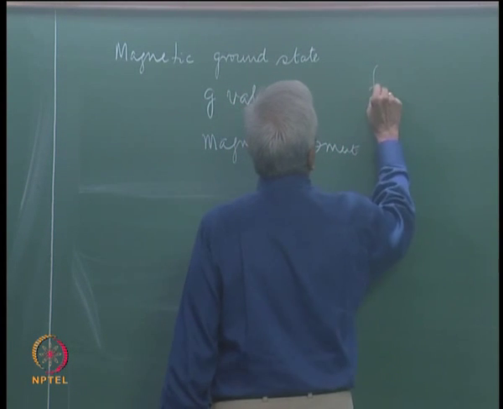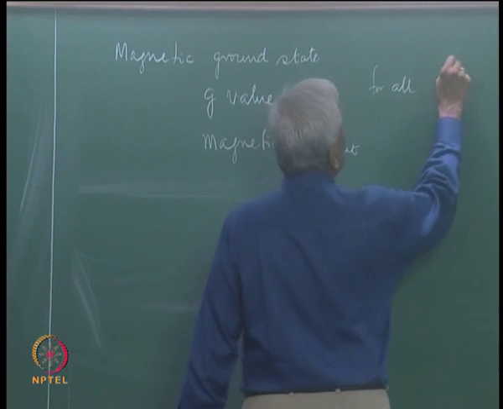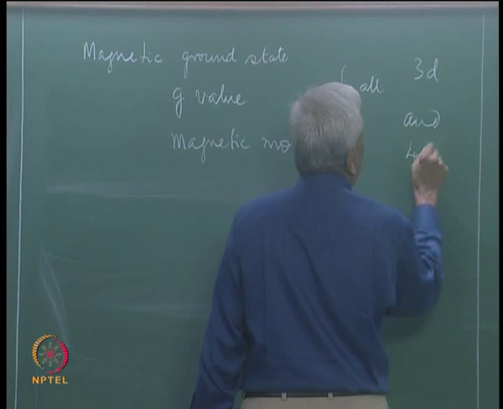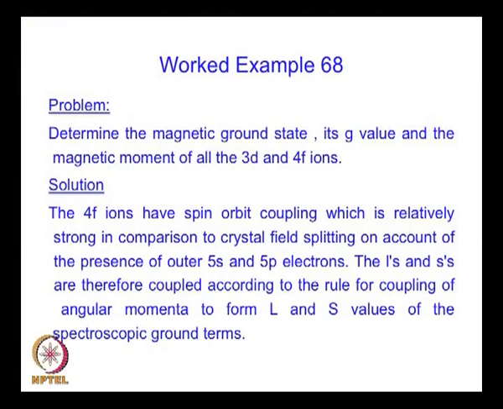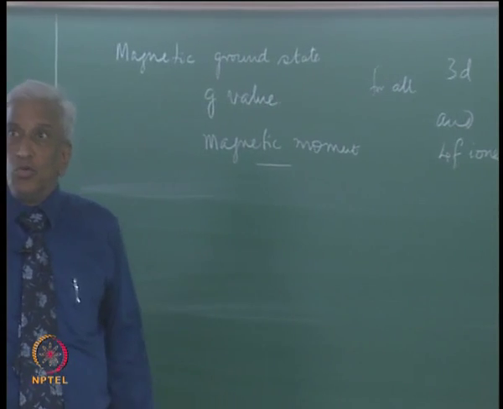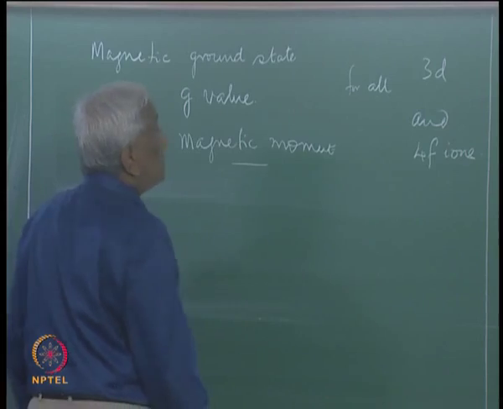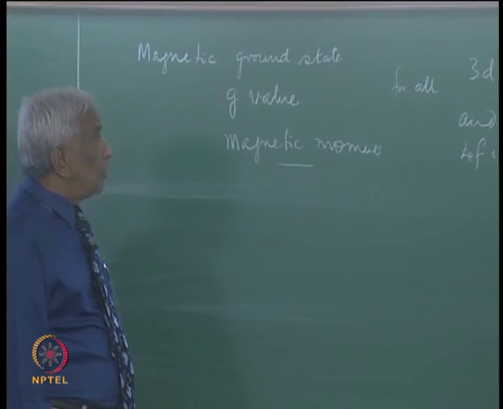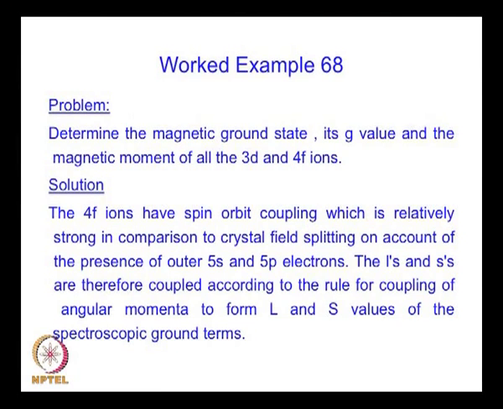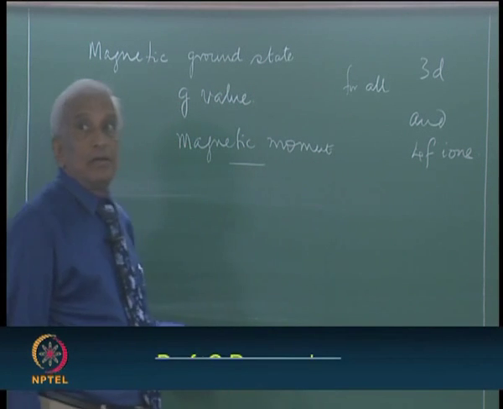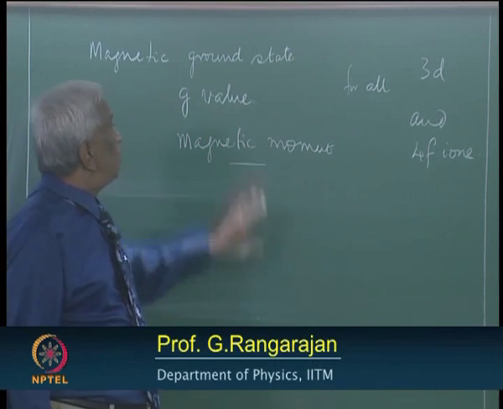for all 3D and 4F ions. Some of these results we have already used in our discussion of the basic ideas of magnetism in solids, but today we will work out the magnetic ground state, the corresponding G value